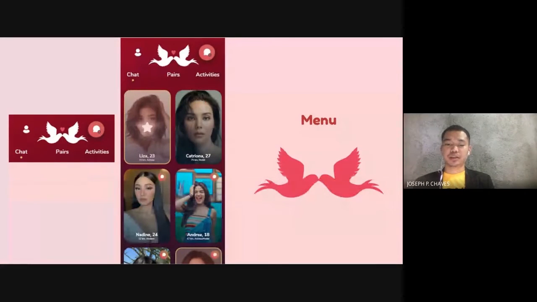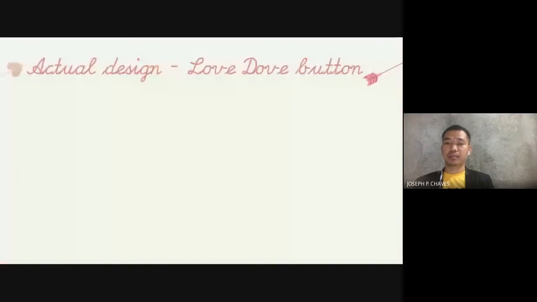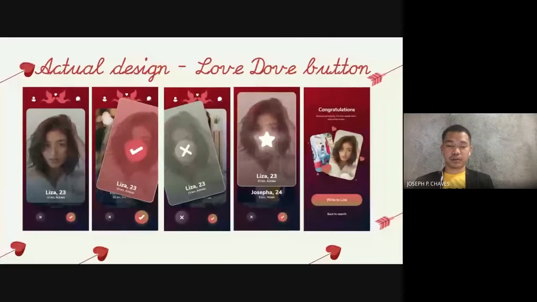For the next part, we have the actual design of the LoveDove buttons. As you can see in the slide, we have the buttons in the swipe left and swipe right tasks.